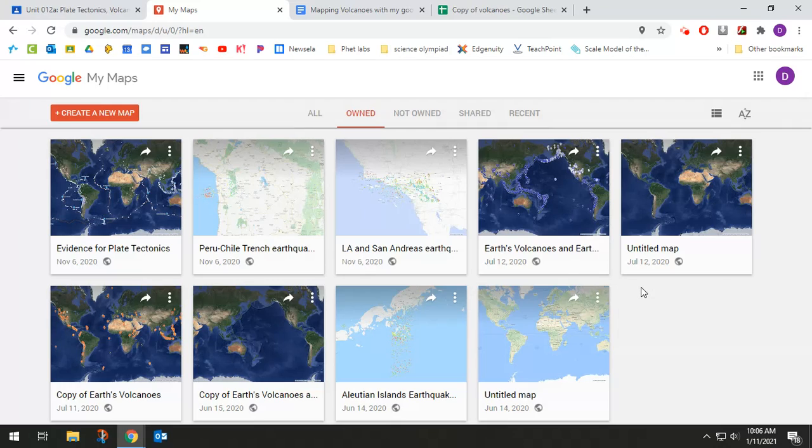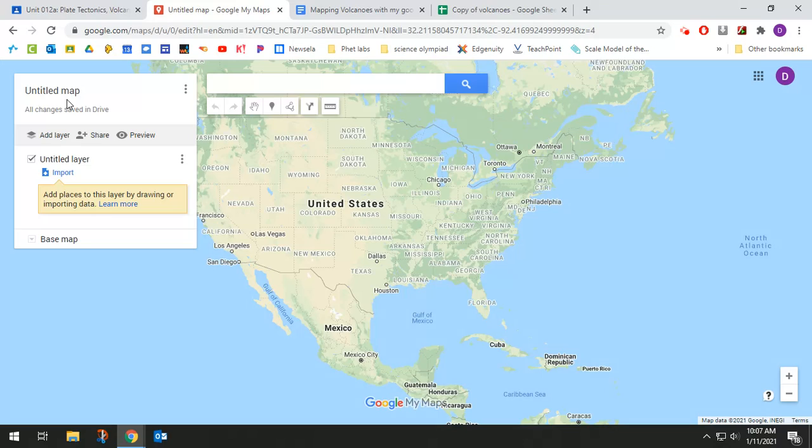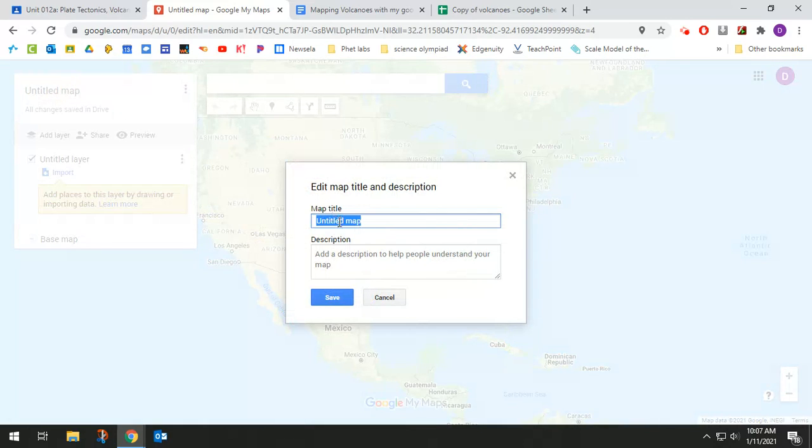We are going to start step four here, and what you need to do is create and name a new map. To start, we're going to click Create New Map. Give it a second, and it'll create an untitled map, centered on the United States. Go up here to the title, click on it, and a dialog box opens. Change Untitled Map to this: Evidence